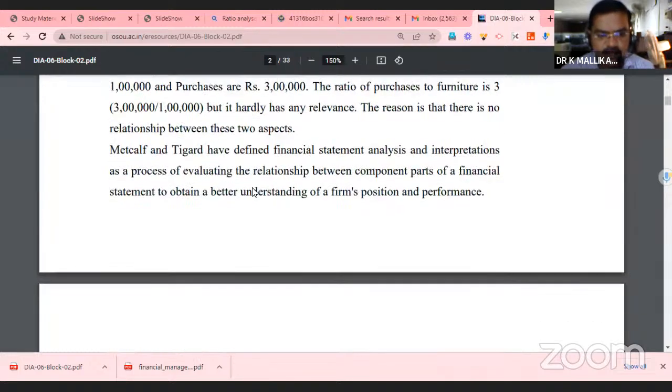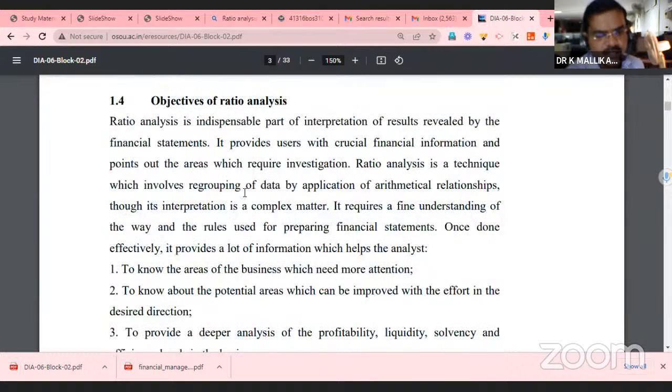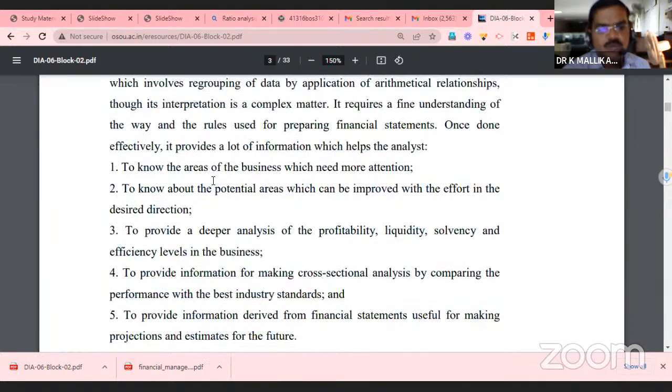What are the objectives? Why do we need to study a company through ratio analysis? Ratio analysis is an interdisciplinary part of interpreting company results, and it's a very important technique. The objective is that everyone wants to know which areas of the business need more attention. Management wants to know where to focus more attention to earn good profits. It gives some direction and also shows potential areas which can be improved in